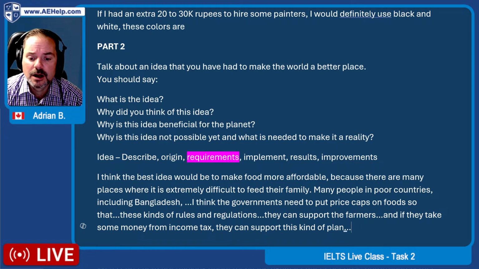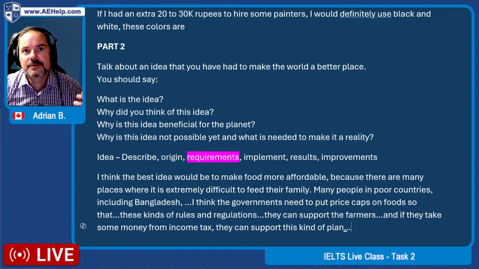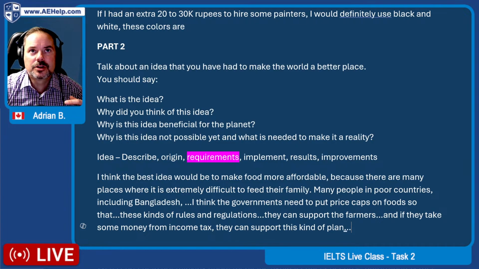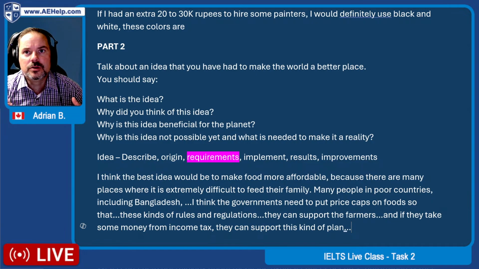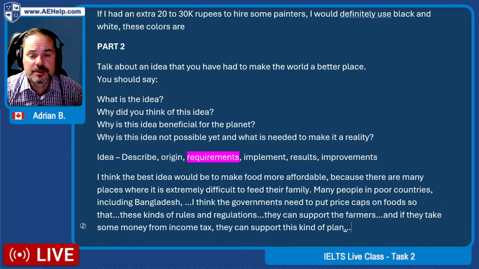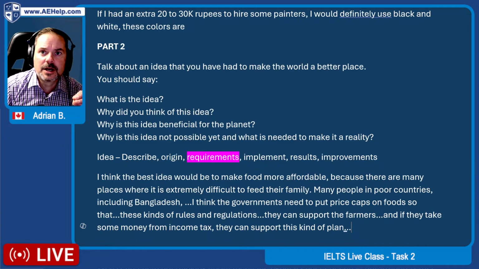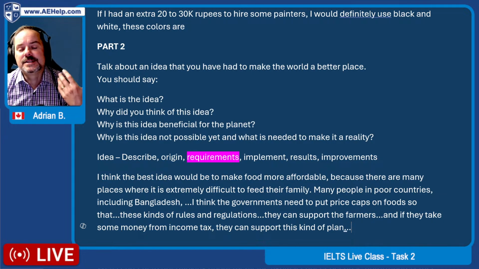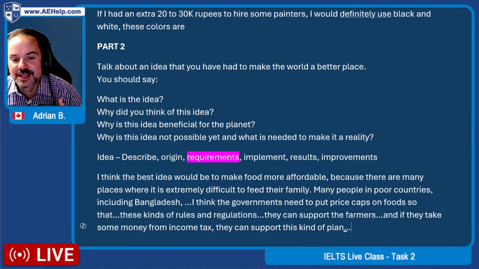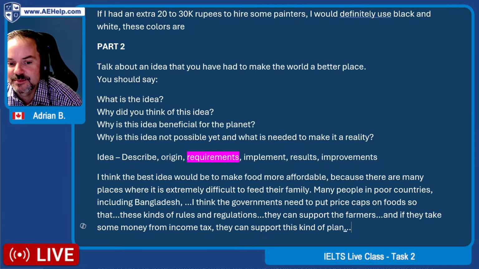I think a little bit more detail. You had a little bit of repetition. So you mentioned that this would be beneficial for people about 3-4 times. And I agree, and I think it's good to mention that a couple times. But what you want to do for that really high band score is give even more detail. And this is where quick, clever thinking during that 1 minute preparation time pays off.